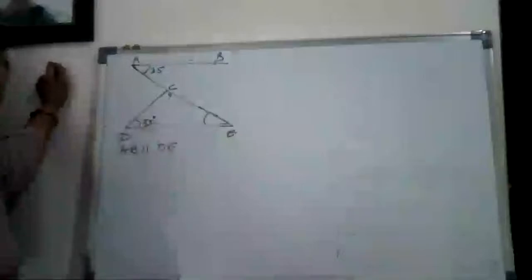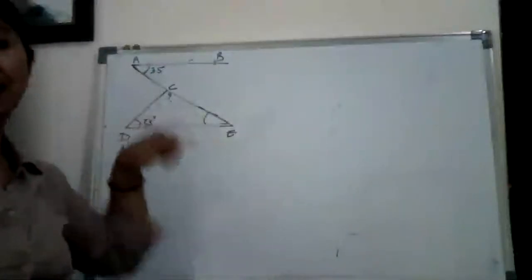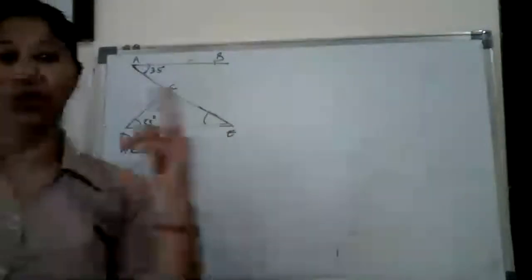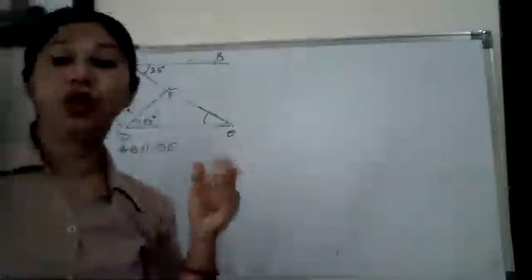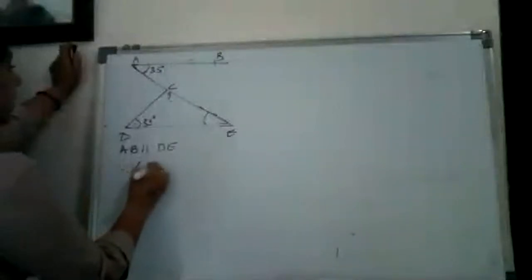You have the pair of corresponding angles. You have the pair of alternate angles. Here it makes a Z, and hence it is alternate angles. You have got two options for equal angles: corresponding and alternate angles. But when we talk about Z, you can make out that reverse Z kind of thing, and hence it is nothing but alternate angles. So we say angle BAE is equal to angle